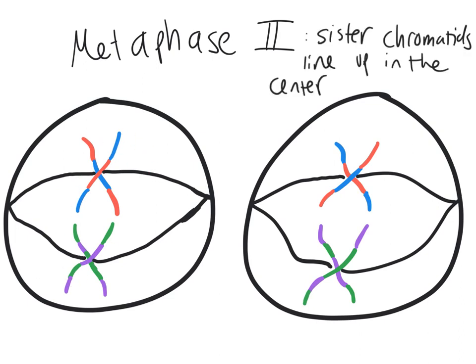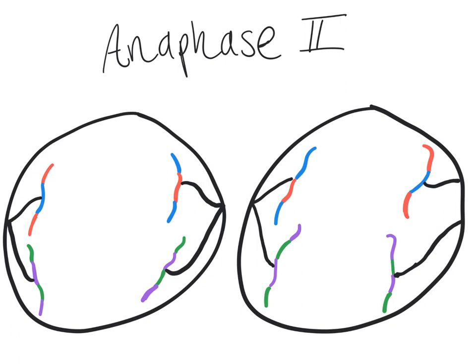So these stages are actually very similar to mitosis. In mitosis, you'll notice if you look back at those notes, everything is talking about sister chromatids. So in mitosis, it just happens a single time where the sister chromatids line up in the middle, they separate, the cell splits. So in this case, meiosis 2 and mitosis, in terms of the way the steps are written, are pretty much the exact same. So in metaphase in meiosis 2, it's all about the sister chromatids lining up. And the next step is anaphase 2, where the sister chromatids are going to separate.